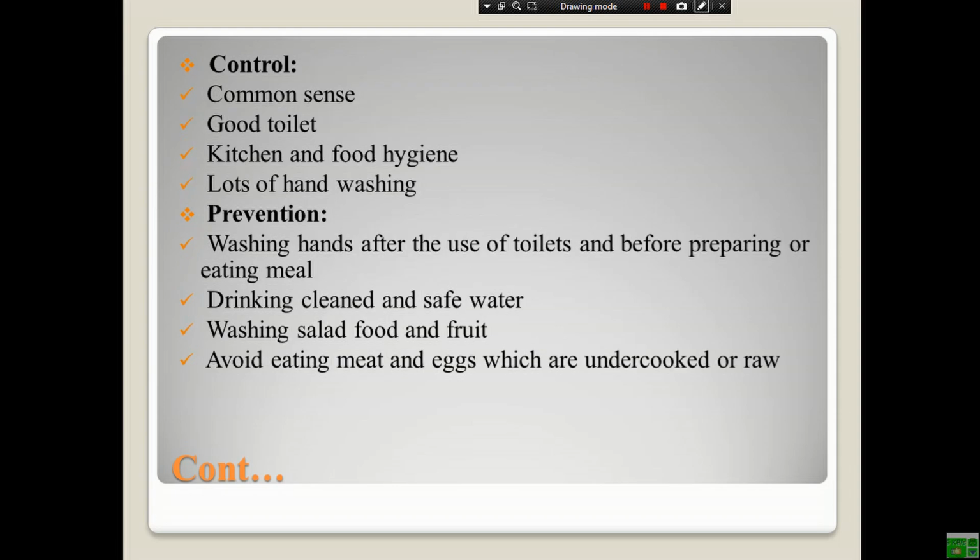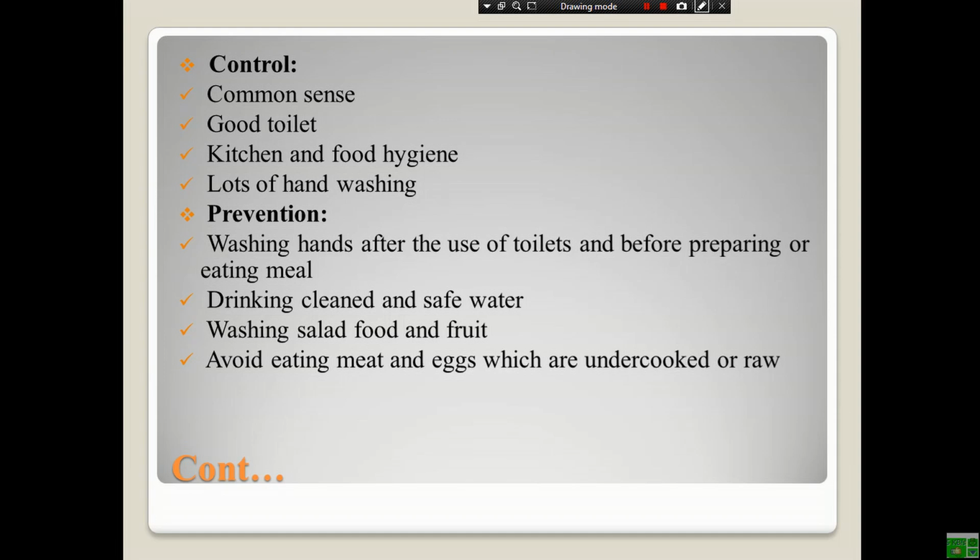This is the last portion of the lesson. We can control and prevent diarrhea. Diarrhea is controlled by having common sense, good toilet, kitchen and food hygiene, which means kitchen cabinets and food hygiene are highly applicable by using disinfectants and lots of hand washing,